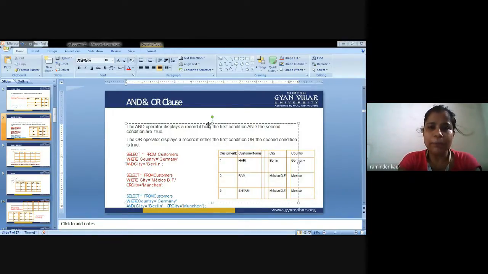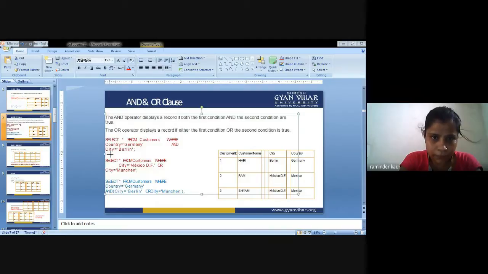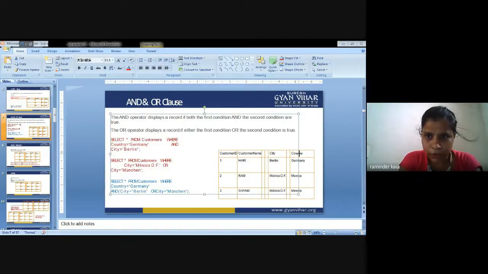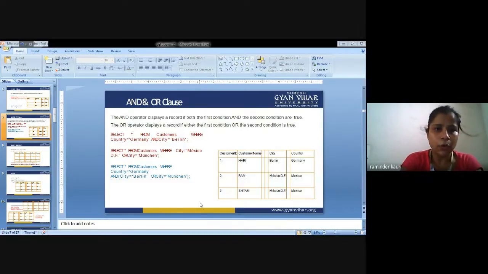I am giving you practical examples of the queries that you are supposed to do. You are supposed to run the same ones. So this is about my two queries, AND and OR.